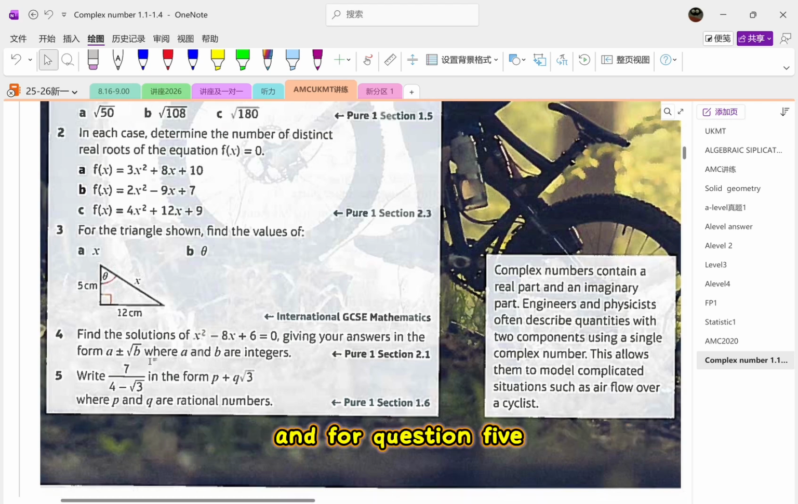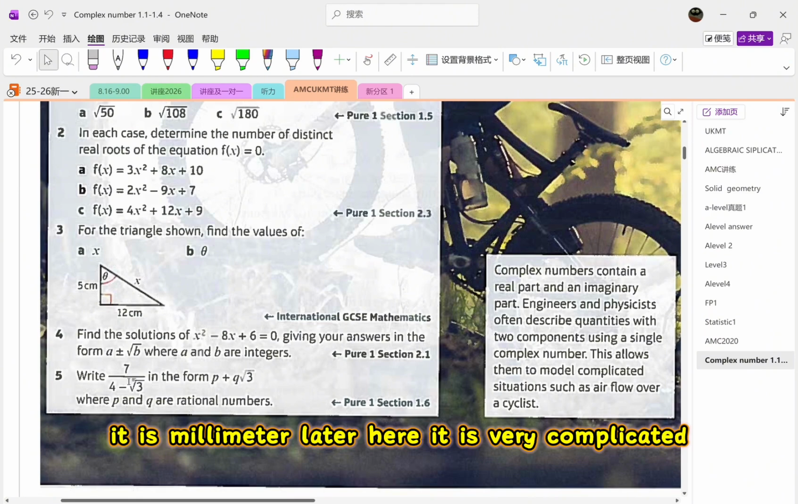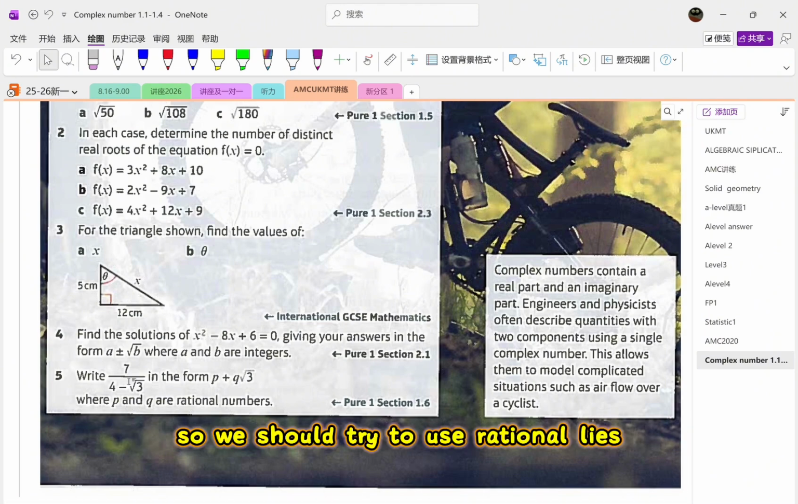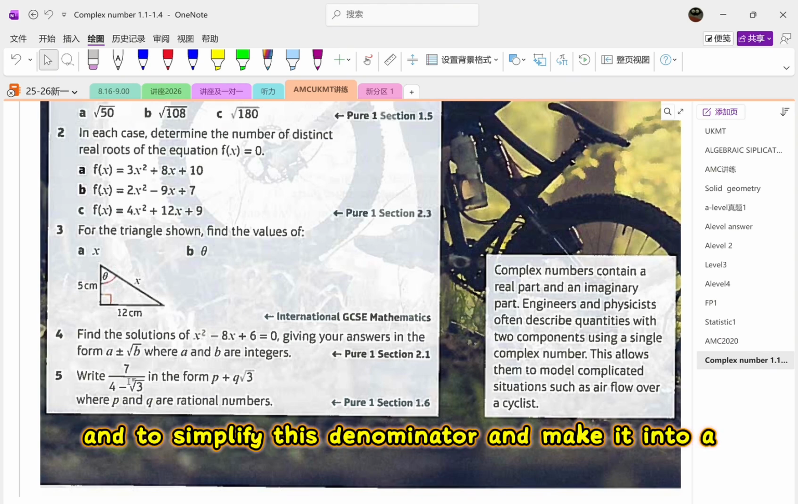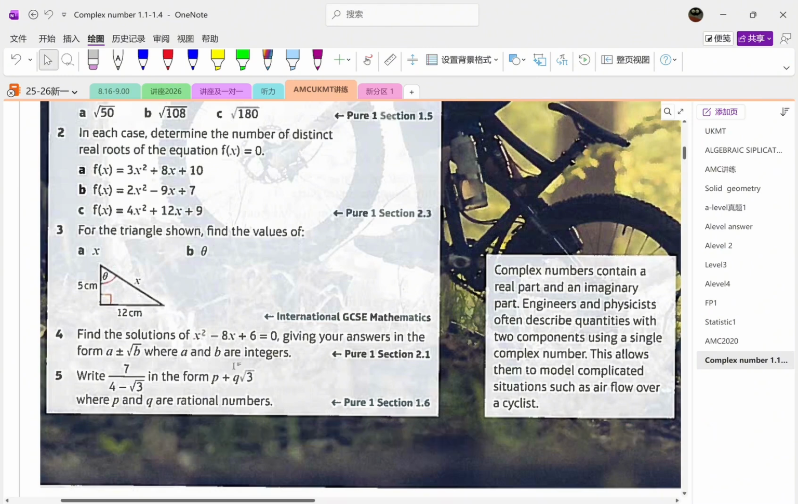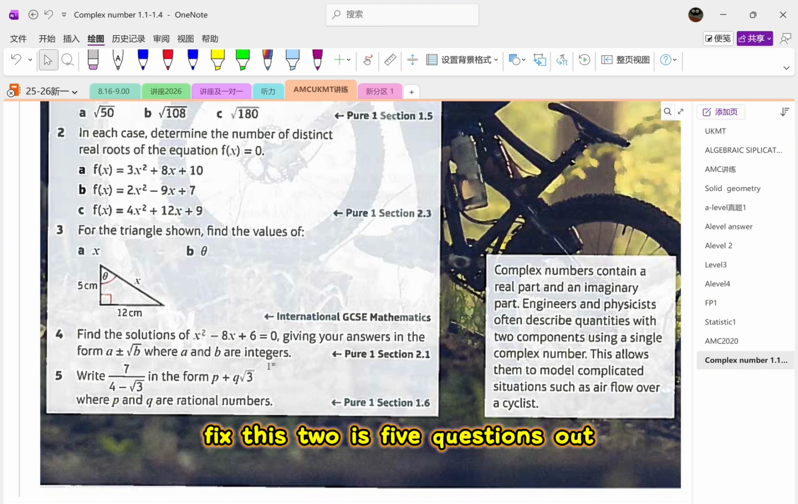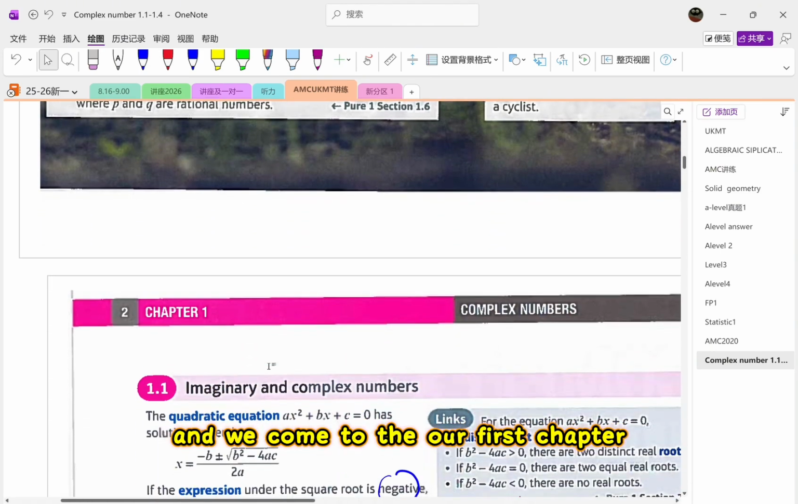And for question 5, the denominator here is very complicated. So we should try to rationalize and simplify this denominator and make it into a rational number. So I can confirm that you can solve these 5 questions, and we come to our first chapter,